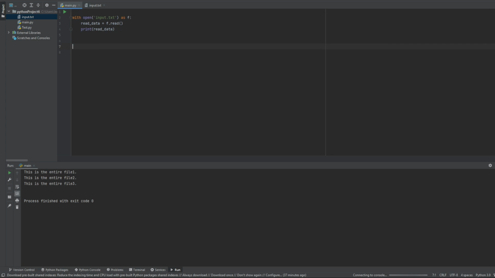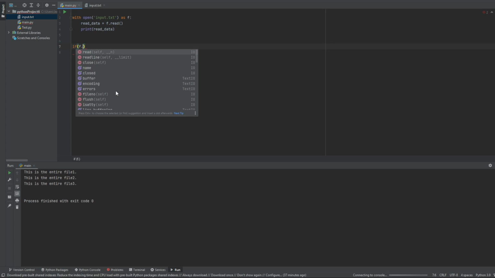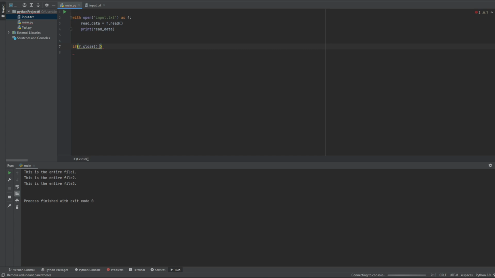You can always check if f.closed is equal to true. Print or return, let's print true, just so it's easier to read. And then else, print false. So if it's equal to true in this case,